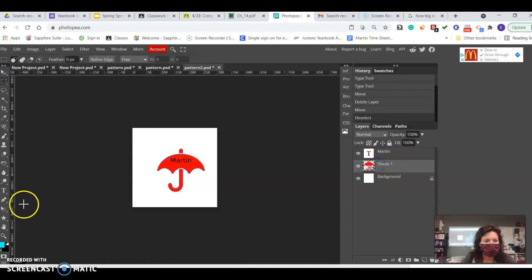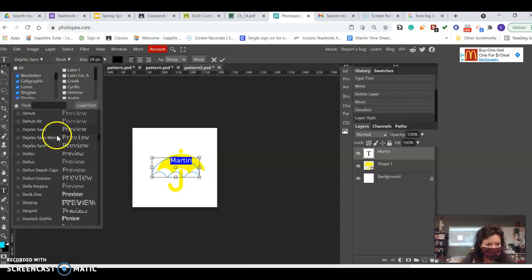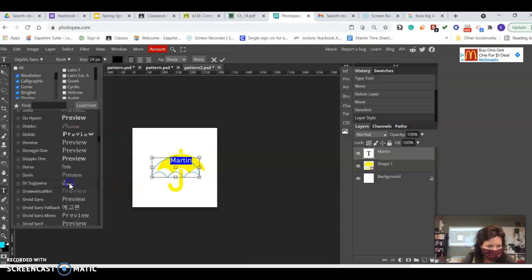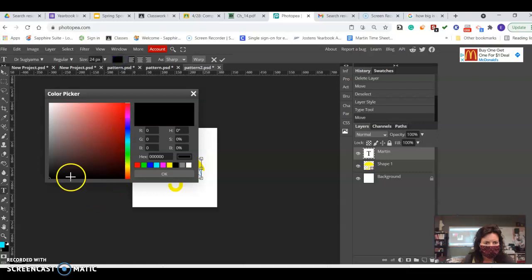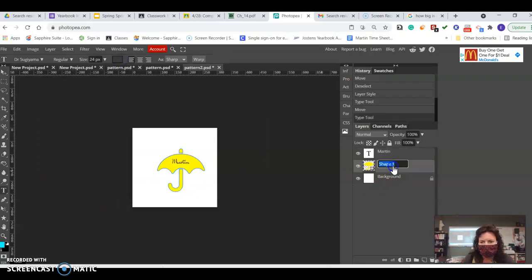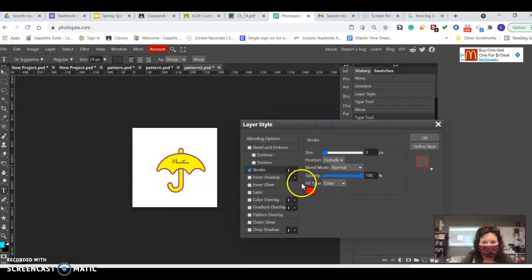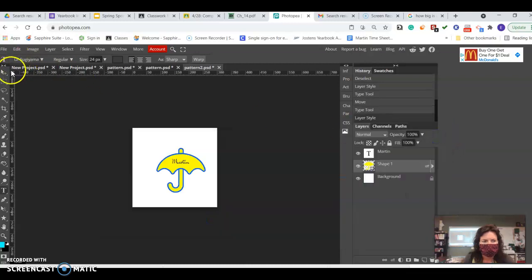I really like yellow. It's kind of my favorite springtime color. So I think I'm going to switch this so it's yellow. I think I would like a different text, but I don't want to spend too long creating it. Some of these texts I don't like. I want it to be a little on the gray side. I want to put just a little bit of a stroke on my umbrella. All right, so I need to make